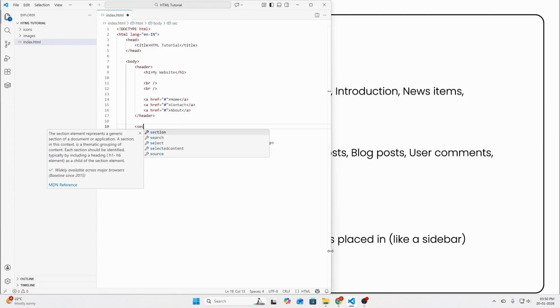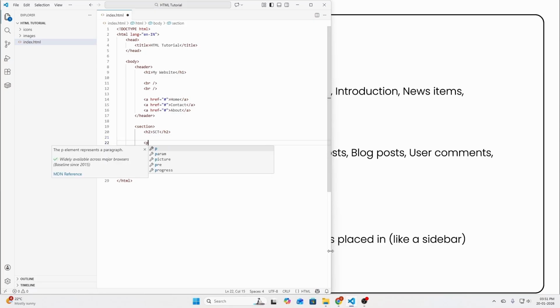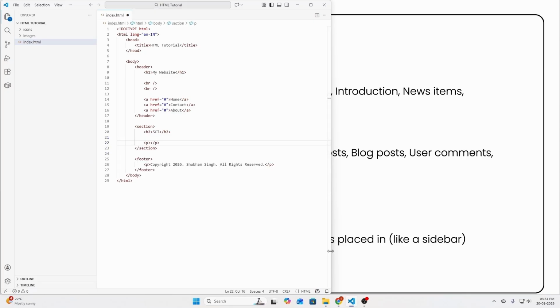Inside it let's define a heading with h2 element, and let's just say SCT for Shubham Compile Tag, and below this let's add a paragraph which just says Shubham Compile Tag channel is good for learning programming and working